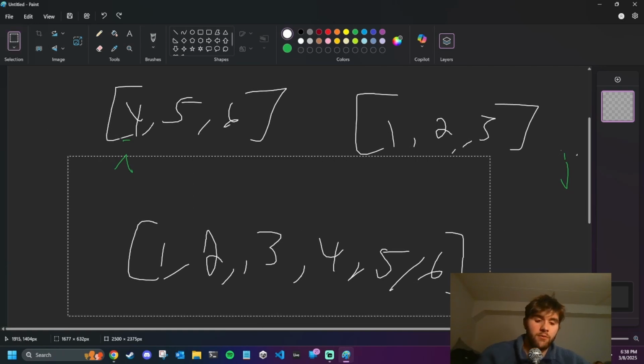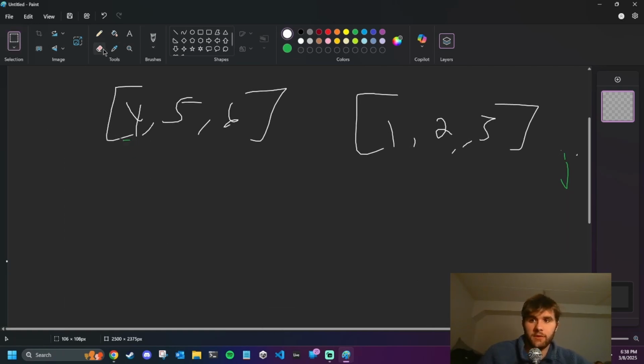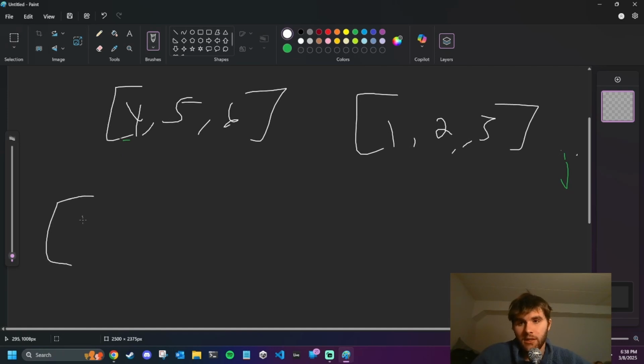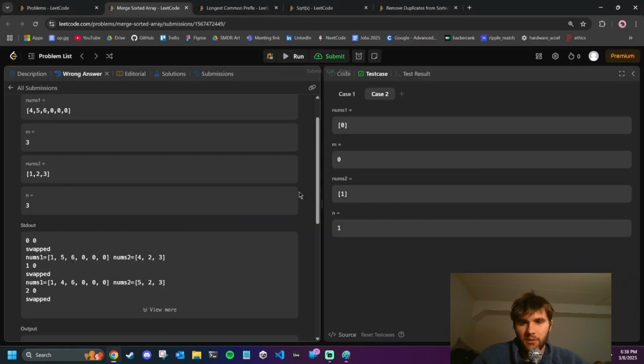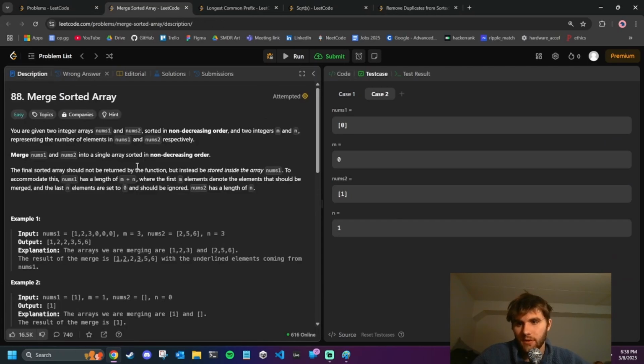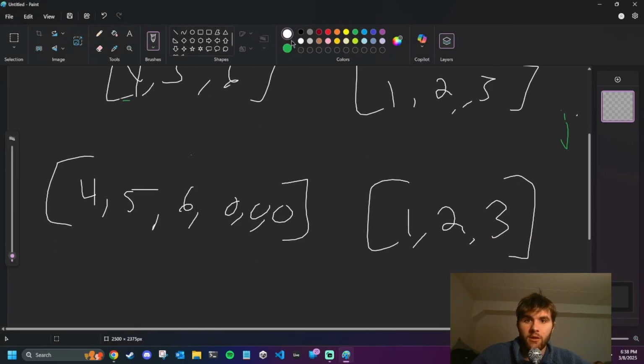So we have 4, 5, 0, 0, 0. So I think I might be on the right track. So we have 4, 5, 6, 0, 0, 0. And we have 1, 2, 3. Does M have to equal N? Probably not, or else they wouldn't give it two different variables. Okay, so I'm thinking we have to return it in this one. So the less value always has to go here. So if you swap those two,